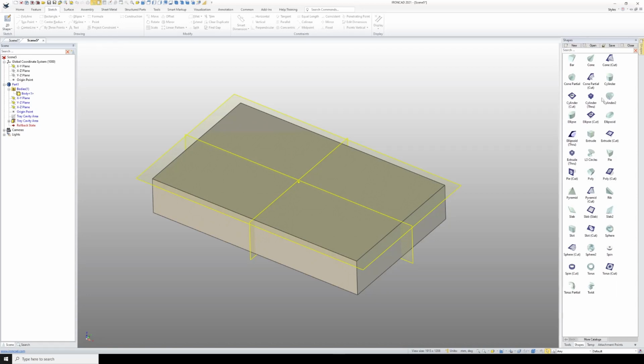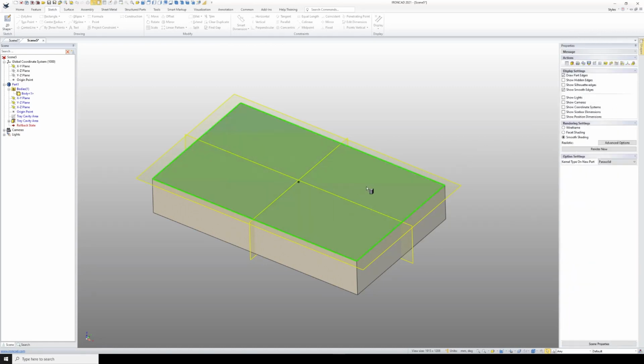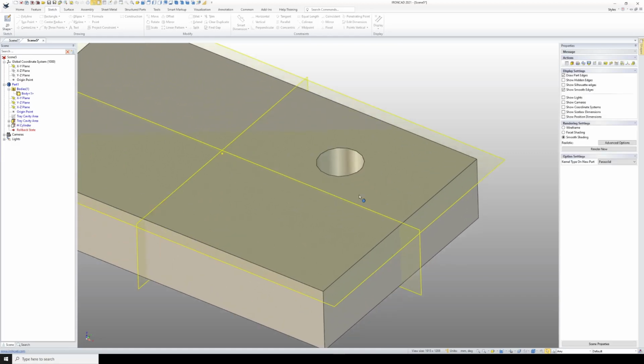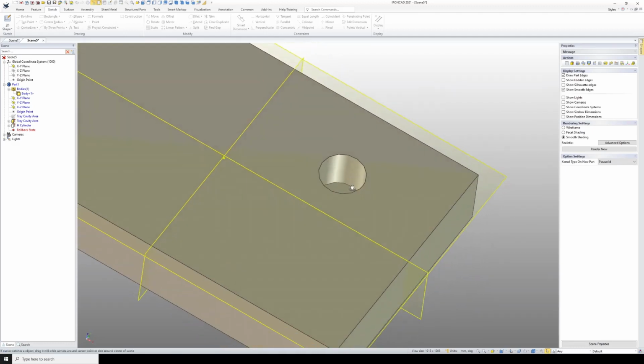Now these are basic shapes that we can just drag and drop into the scene, and some are positive shapes and some are negative. And so the negative shapes are a cut. So I'm just going to left click, drag, and just drop it onto this face here. And by default it's coming in with a 40mm diameter, and I'm happy with that. So I'll leave that, but I want to select this bottom handle and change the depth to 40mm as well. So I'm just going to click in the scene here, and you can see that it's just cut a cylinder